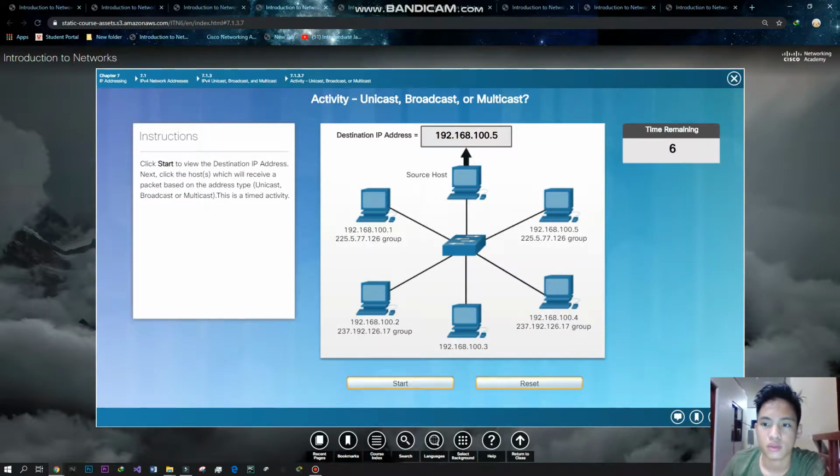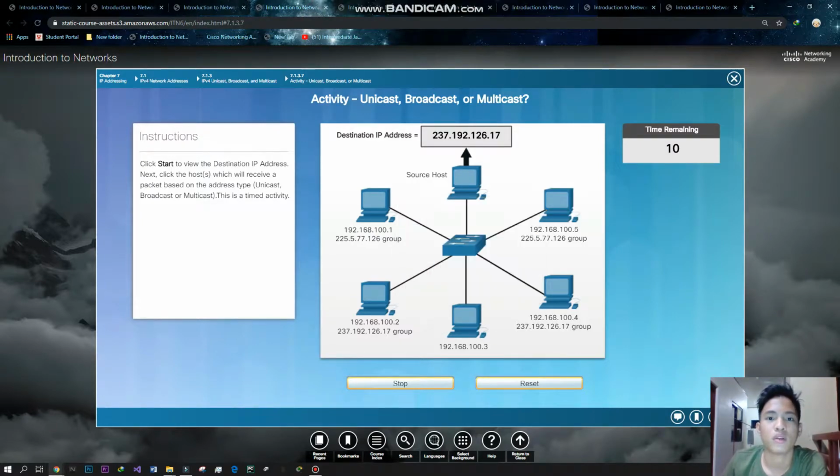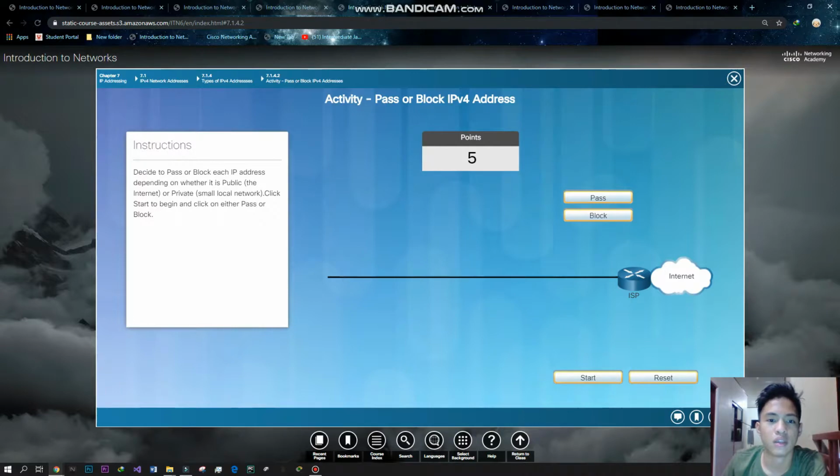So now we have here 192.168.100.5. So I think it is this one. So let's wait for the time. So you have successfully identified the transmission type. So we're done with this activity, and we have to move on to another activity in chapter